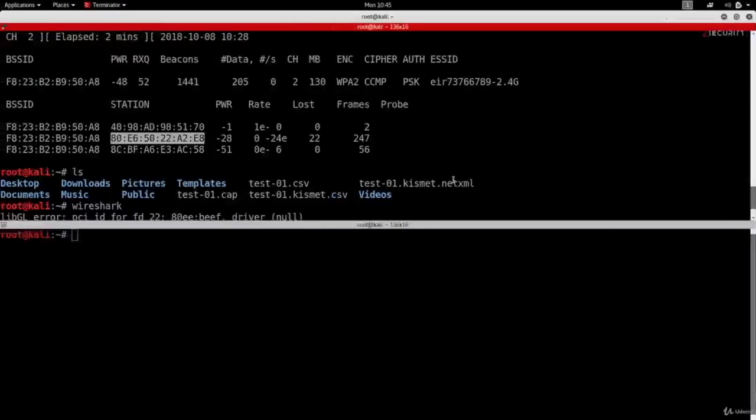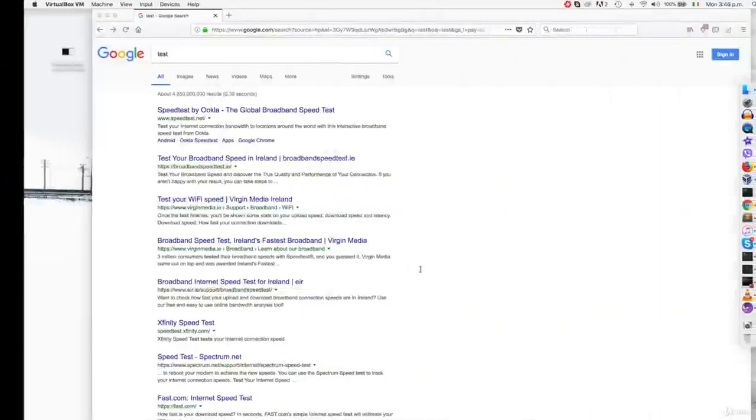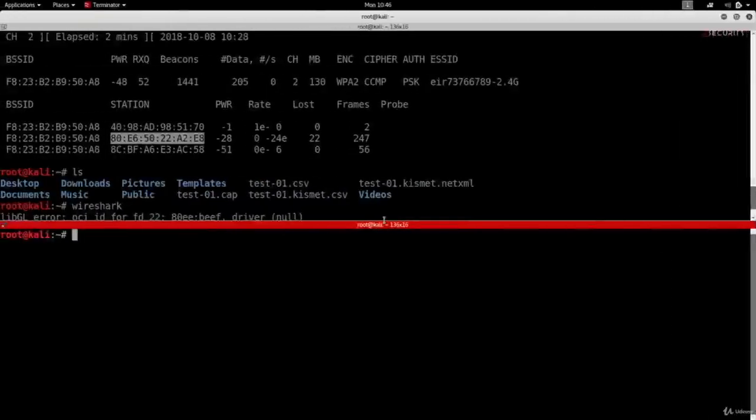Now, we're going to come back here and we're going to use a tool called Aireplay-ng to launch the deauthentication attack and disconnect this Mac computer from the internet. So we're going to type the name of the program, which is Aireplay-ng. We're going to tell it that I want to run a deauthentication attack.